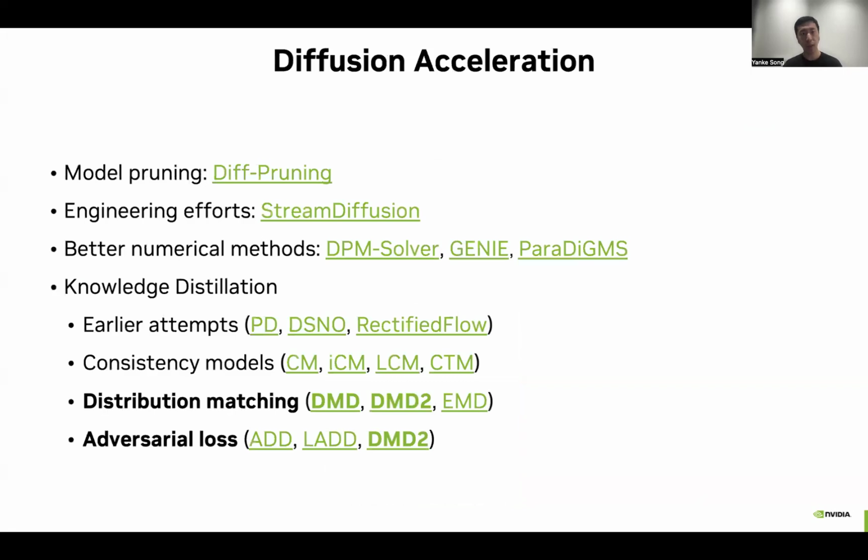GPUs. There has been much work on diffusion acceleration, and in this talk, I'm going to focus on the last part, which is knowledge distillation. It treats the diffusion model as a teacher and tries to train a student generator that generates the teacher quality with much fewer steps. Consistency models are one more famous class of diffusion distillation models, but the state-of-the-art methods are now actually using distribution matching and adversarial distillation techniques, which are the techniques that we're going to use in our